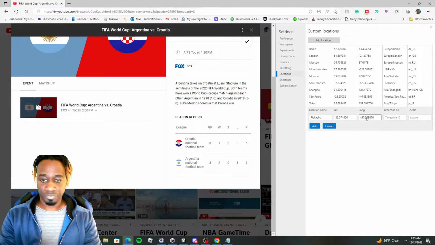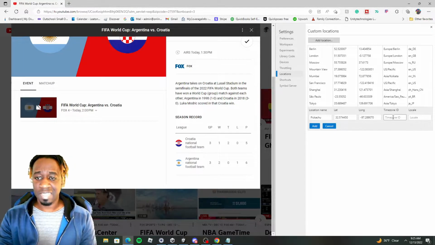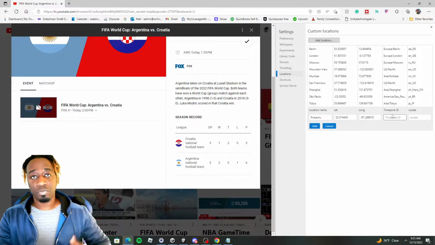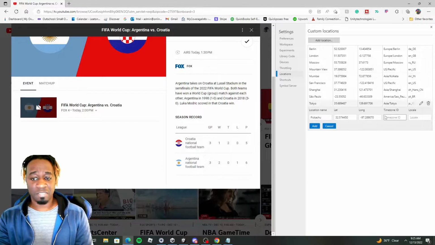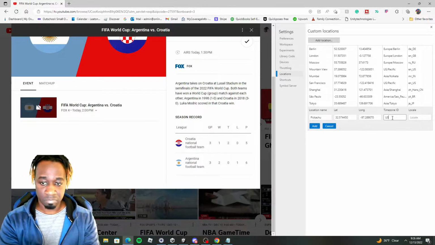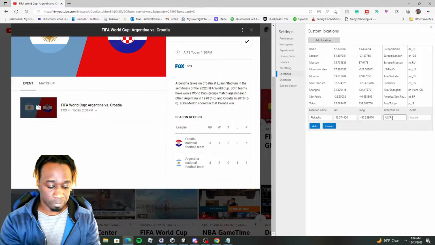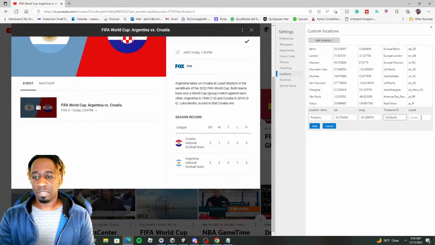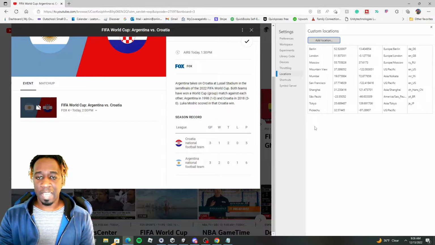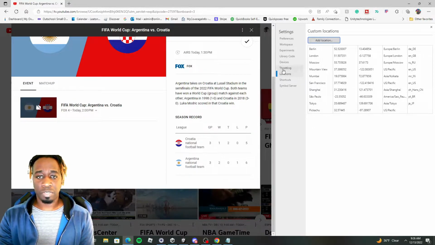Remove the 0. Now important, time zone. This doesn't have to be correct, just has to be written correct. So right here I can see how this is written, US/Pacific. Sure, use the same thing. Exactly how it's written up top. Pacific, just like that. Okay, nothing else is needed. Just go ahead and add, and we are good.